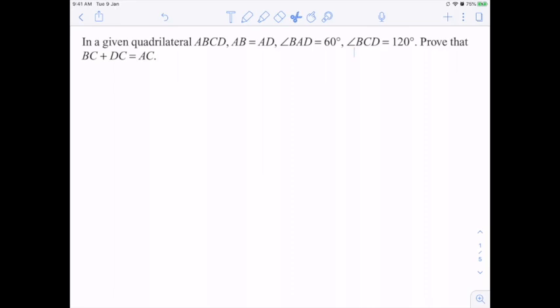Okay, so first we'll solve this problem by just the notion of congruent triangles. So all you need to know is congruent triangles, and the idea is to transfer lengths. Okay, so first method of solving this problem, method 1, is by transferring line segments.